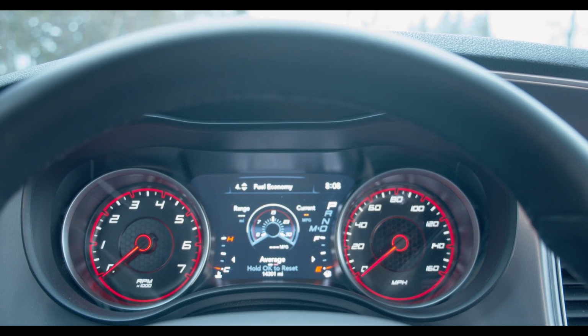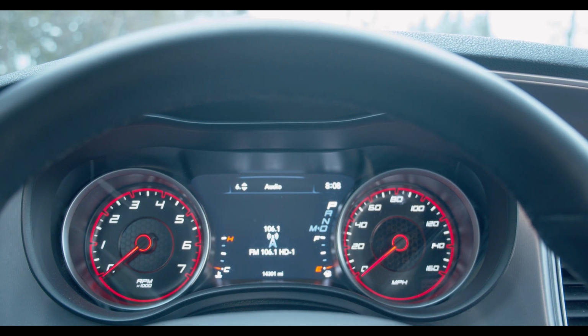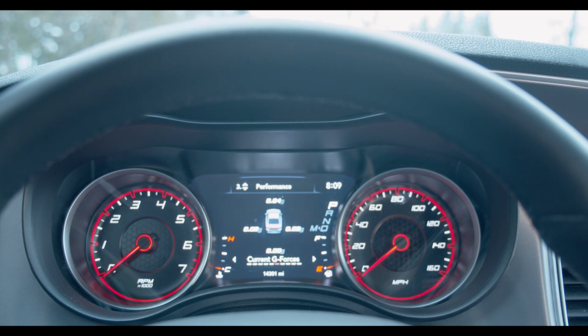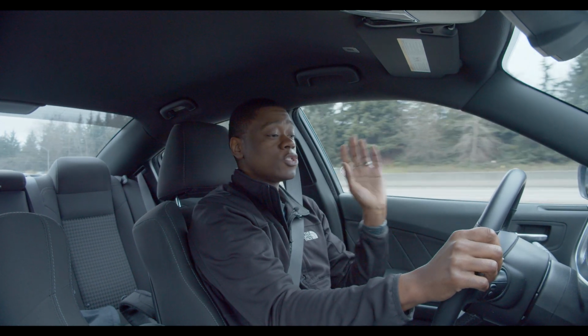I mean, it's nice to have your track times, your lap times in there. I don't know how many people are tracking their Challenger or Charger RT. It'll also log your fastest times or fastest miles per hour. I can see whoever had the car before me was up into the 120s. I don't think I'm going to be doing that today, but it's nice to know I can do it. The fidelity on the screen is really good too. It's super clear,